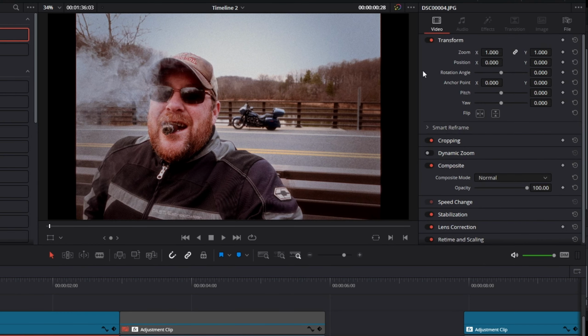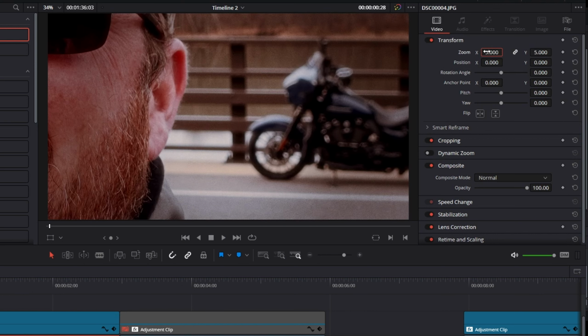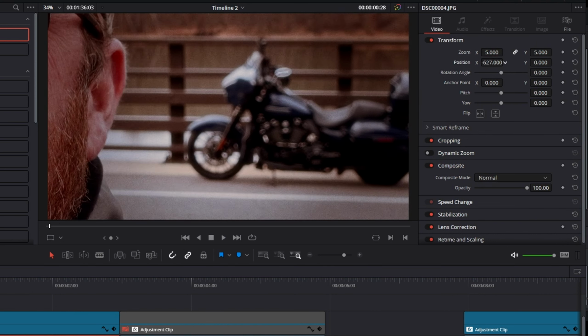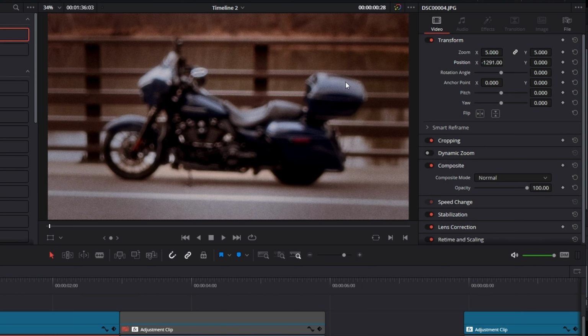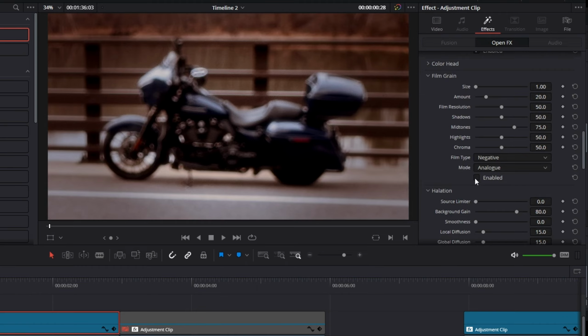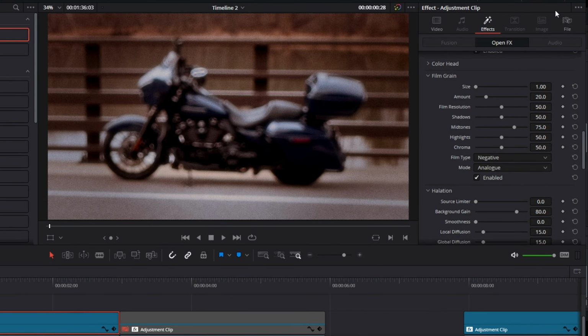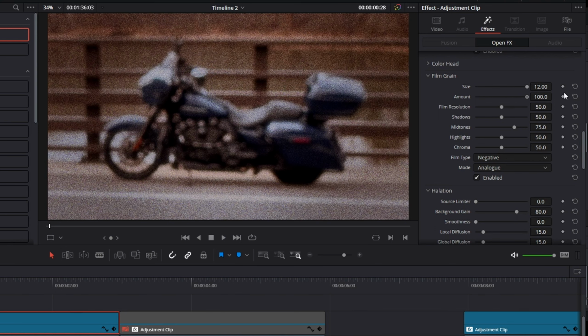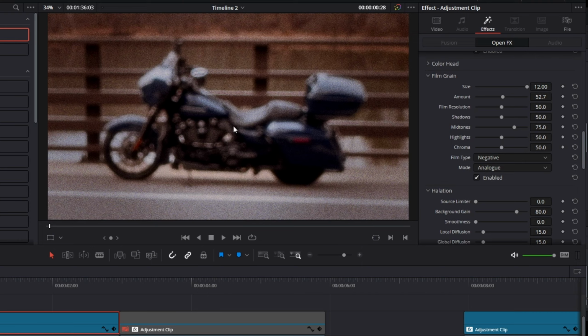So what we're going to do is blow this up to 500%, and then look at my bike here. If I go over to our effect and disable the grain, you can see there's no grain in there, but this is the natural bokeh from my camera. And then if I re-enable the grain, hopefully you can see that now. And if you really want to see it, we could change the size of the grain so it's much bigger, and the amount of the grain, whoa, that's too much, to there, and then go full screen,